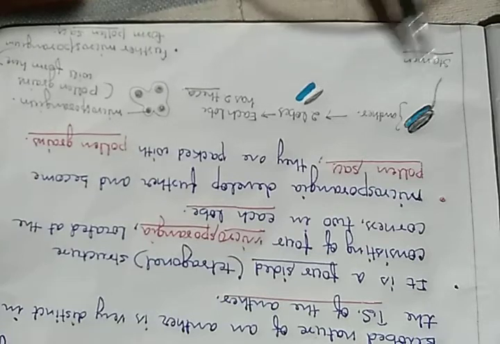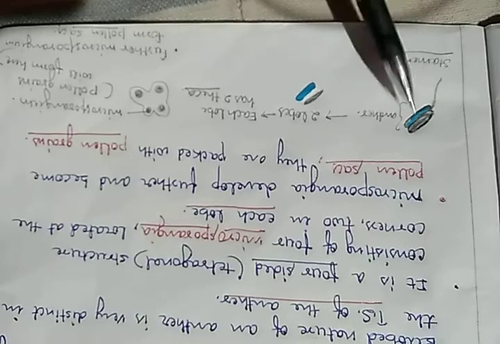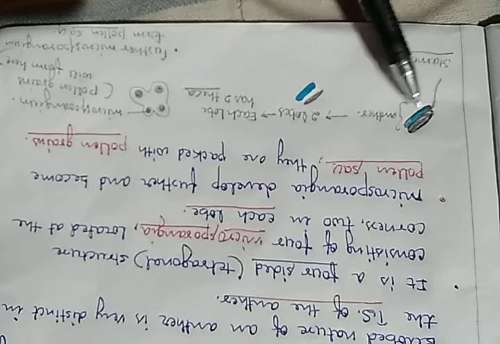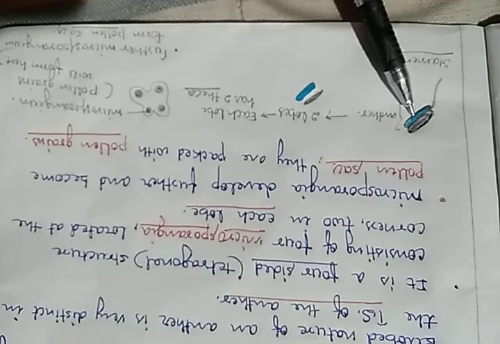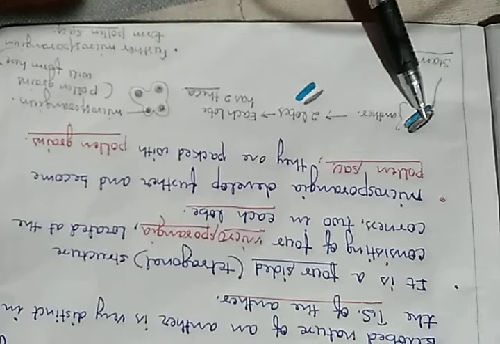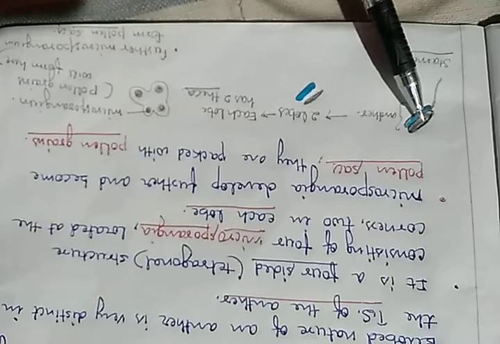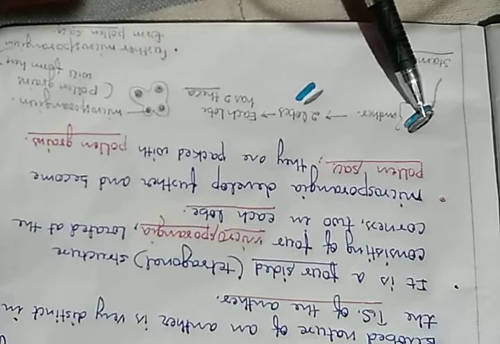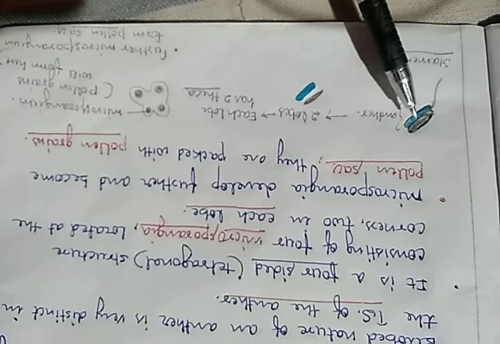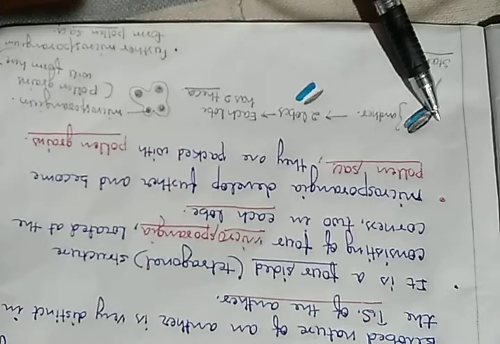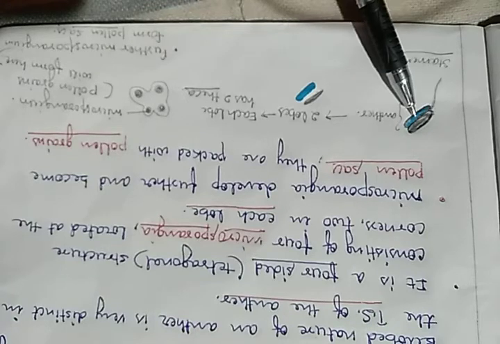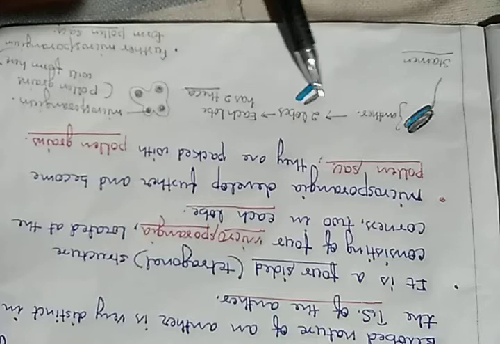Again, pay attention. This is a stamen and this is what? It is the anther. Be careful. In each anther there are 2 lobes. Look here. I have colored all these portions in two parts with 2 colors. This black one is the upper one and this blue one is the lower one. These are 2 different lobes present here.